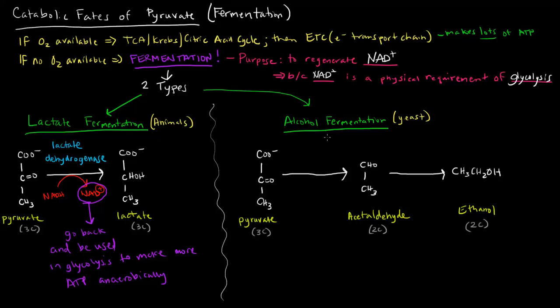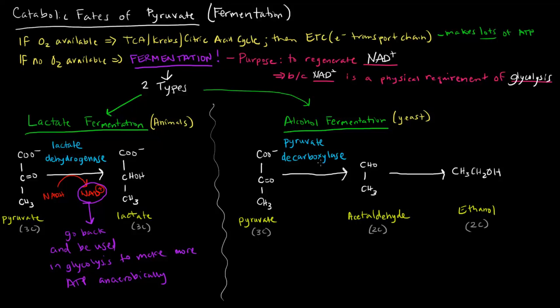So in yeast, it actually happens in two steps, and it's a little bit different. We start off with pyruvate, and we turn it into acetaldehyde. So what goes on here? This methyl group stays the same. We still have a carbonyl group here. Here is an aldehyde. Here was a ketone. But basically, we lost this carboxyl group. This was a 3-carbon molecule. Now we have a 2-carbon molecule. The enzyme that catalyzes this step is called pyruvate decarboxylase. We lose that carboxyl group.